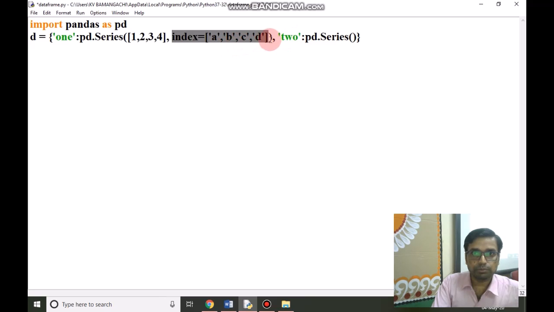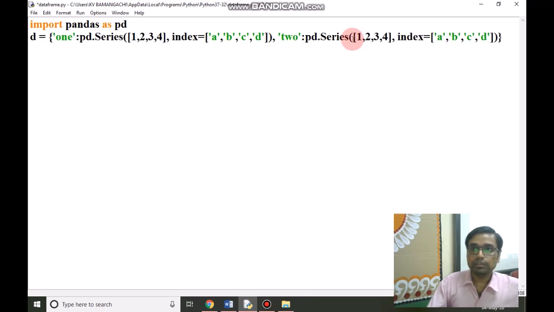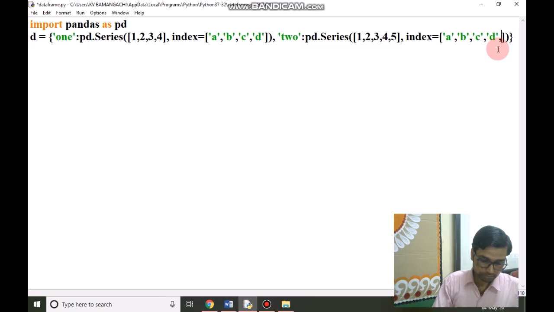Before that we have to write data also, so I am copy pasting this whole code, and I have given here data as 1, 2, 3, 4, comma 5, and I am adding one more index, E.